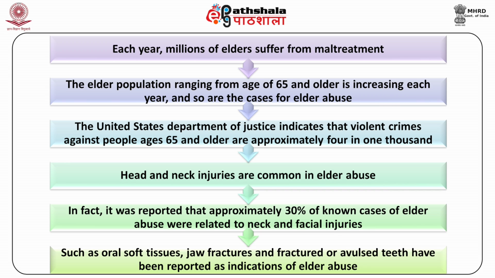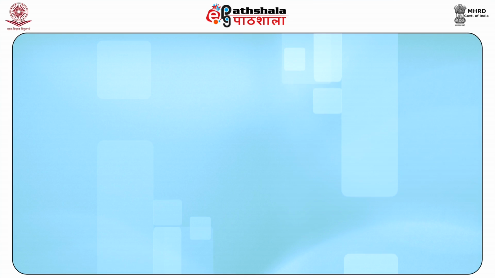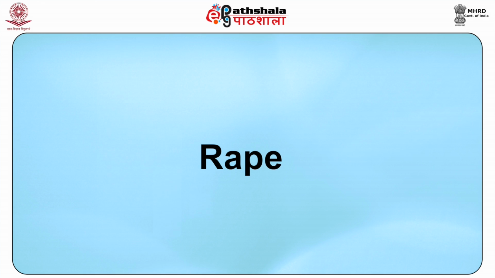In fact, it was reported that approximately 30% of known cases of elder abuse were related to neck and facial injuries such as oral soft tissue injuries, jaw fractures and fractured or avulsed teeth, which have been reported as indications of elder abuse. The next type of case is rape, where the teeth and the bite pattern prove to be important